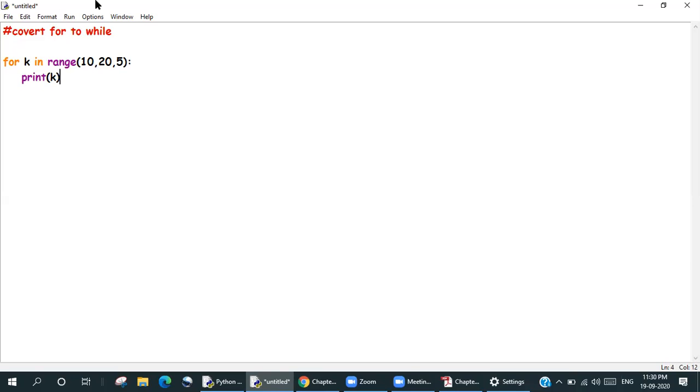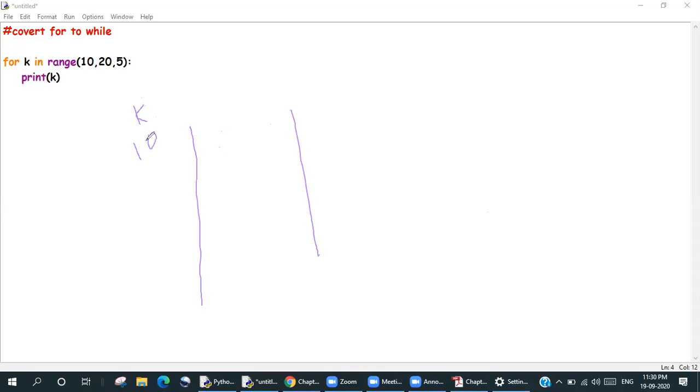All right. So let's do the output of this statement. We have a variable called k, which will start with the value 10. So my output will come here. The value of k will be 10.